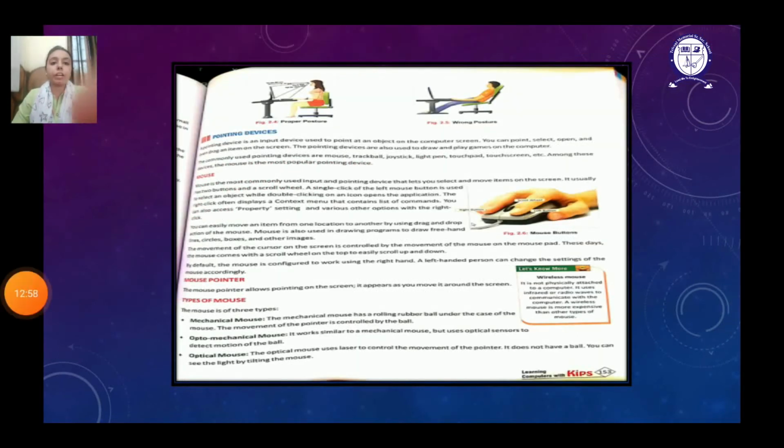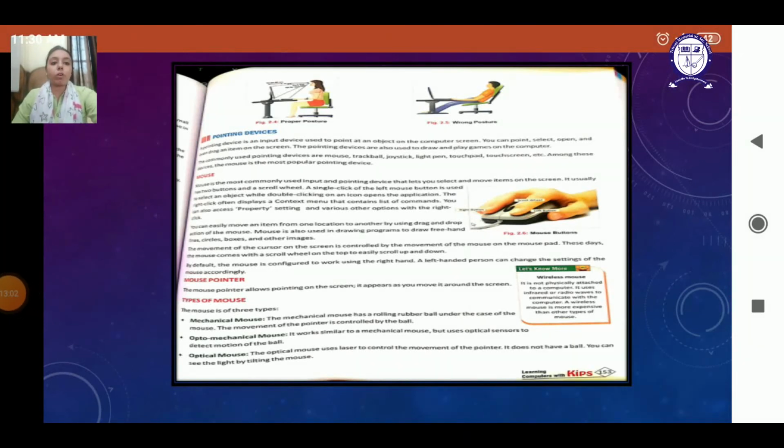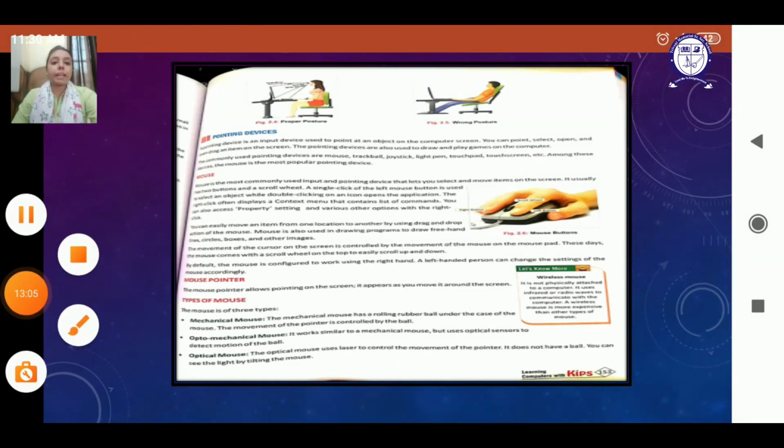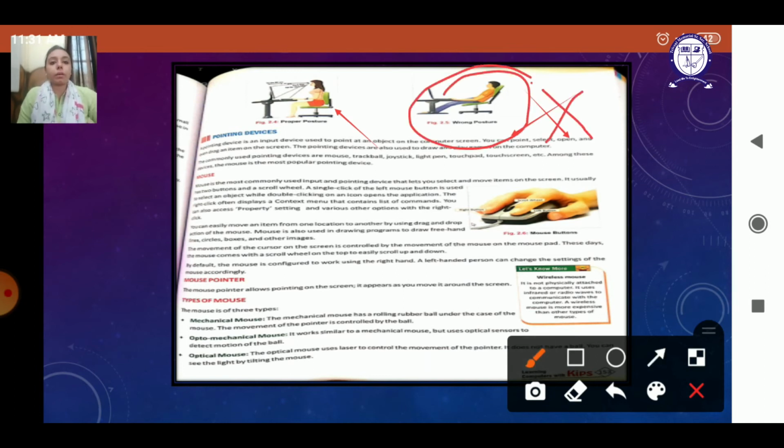You can see the figure here. This is a person who is typing. He is lying back on the chair and then he is typing. And here you can see one person who is sitting properly. This is the correct posture while working on the computer. There should be a gap of 20 to 30 inches between your eyes and the computer. The back should be straight. So this is the right way to work, and this is the wrong way to work on the computer. We should not work this way. It may create a strain on your muscles, and it may harm your other body parts as well.